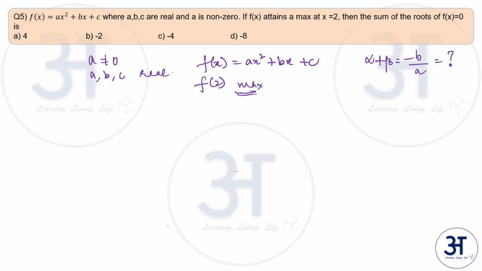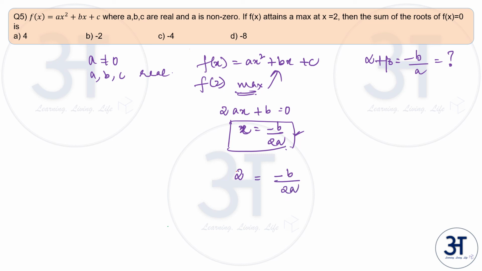Right? So where will maximum happen? Maximum happens when the differential of this is equal to 0. You can either remember the formula or you can quickly differentiate. 2ax plus b will be equal to 0. x equal to minus b by 2a is where your maximum or minimum happens, right? So you can either differentiate or you can just remember this formula. So if this x is a maximum, this means that you have 2 is equal to minus b by 2a. What should you find? Minus b by a. So minus b by a would then be 4. So your answer here is 4.